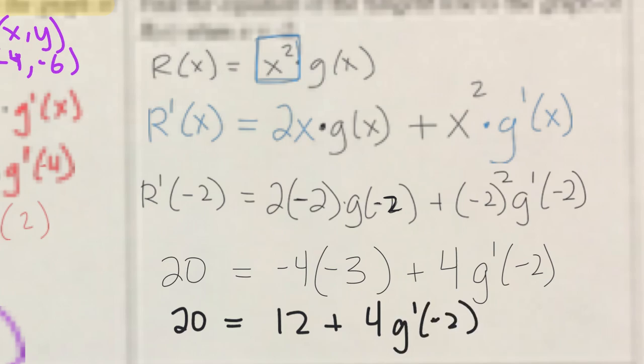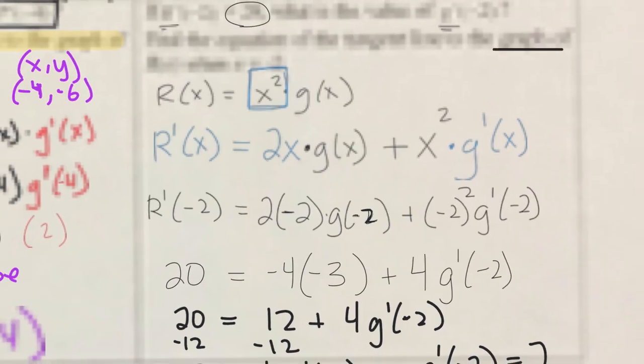So that's our variable, right? G prime at negative 2 is what we're trying to isolate. So let's minus the 12 from both sides. 20 minus 12 is 8 equals 4 times our problem. So what does g prime at negative 2 equal when we divide both sides by 4? 2. So the derivative, the slope of our tangent line to our g graph at negative 2 is positive 2. So now let's do the second part of our question, which says